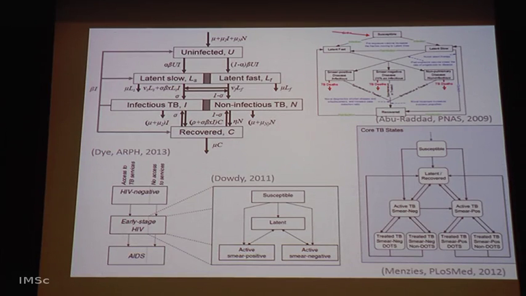So here's a slide just showing you some of the other TB models that have been used. Again, Chris Dye is a very well-known TB modeler that works for the WHO, and he did a lot of the old TB models. Yeah, so he's a big fan of the recovered box. Some other people have tried to pull apart the active disease component and think about how some people with TB get pulmonary TB, and it's either smear positive or smear negative. But some people also get non-pulmonary TB, and trying to think about whether that's important, whether detection of those individuals